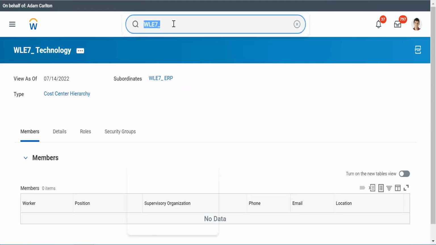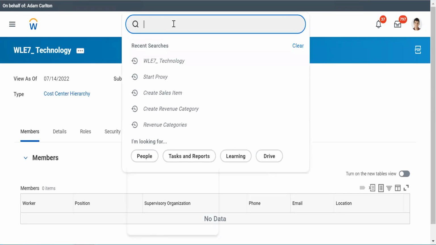So we will continue today with other hierarchies, guys. So what are the other hierarchies? We have all the predefined organizations, right? So we will go ahead with all the predefined organizations one by one. So we created a cost center hierarchy. We can create a company hierarchy.